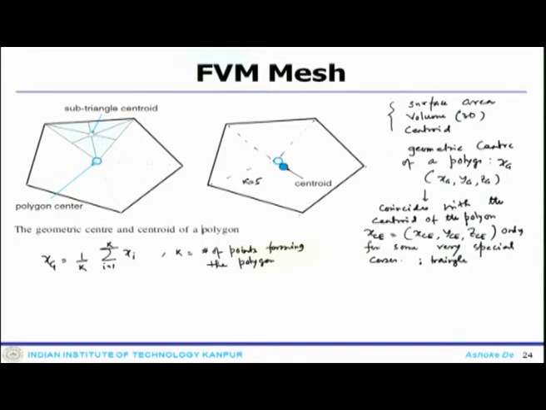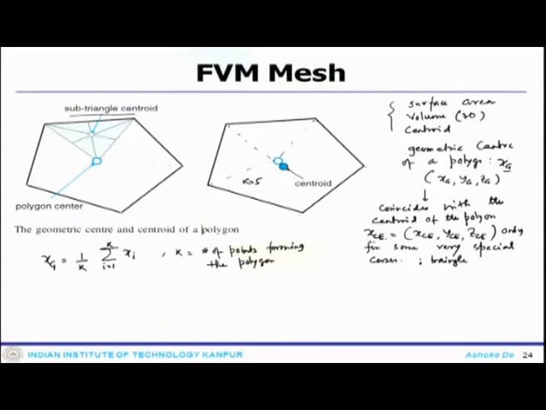So, there is a polygon center and the centroid of the polygon, and these are the subcenters of these things. Now, for this particular smaller triangle or sub triangle, you can calculate both the geometric center and the centroid. Okay. And then once you do that,